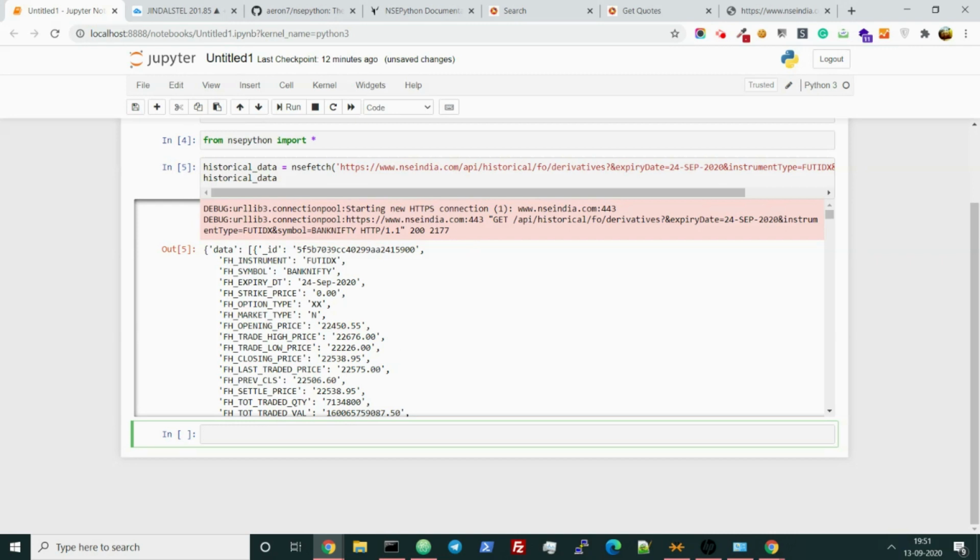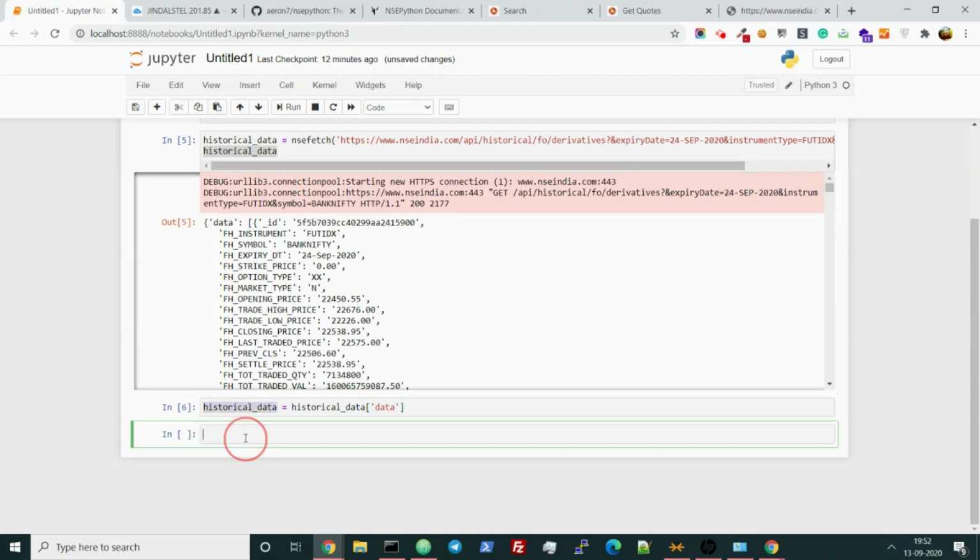So to remove that, let me just copy: history equals history data. We are just storing whatever is inside this data into historical data again. So that is step one. After storing that, we want to convert this into pandas. So let's convert this data to pandas.